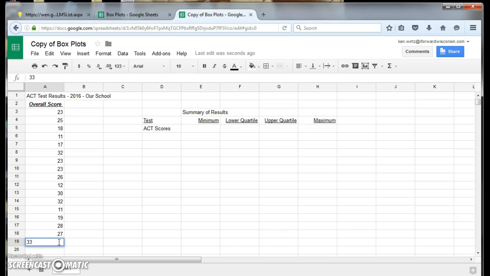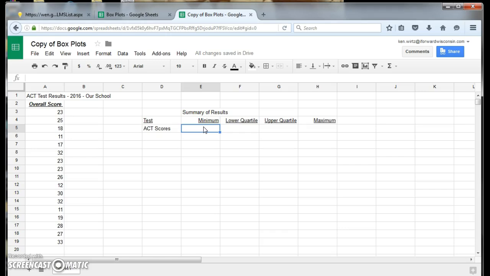I type in the number, but in a spreadsheet the values have to actually be entered in, so I have to press the enter key, or return maybe on a Mac or something like that. Okay, and then that number gets entered into that cell. All right. Now,